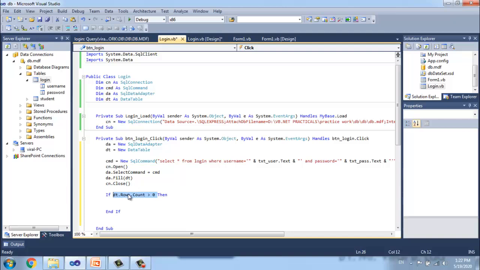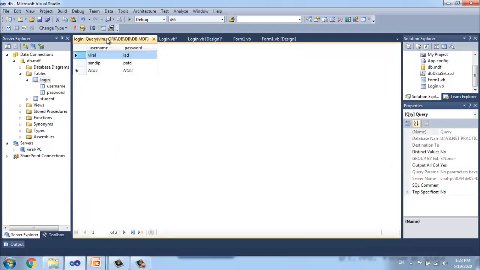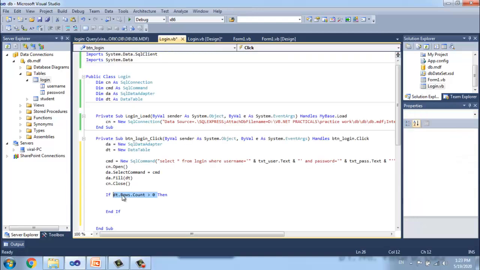If the result is not more than 0, this condition is false. If the user has entered username Viral and password xyz, the result is 0, so rows is not more than 0, so our condition becomes false. If this condition becomes true, it means the data the user has entered was fetched.